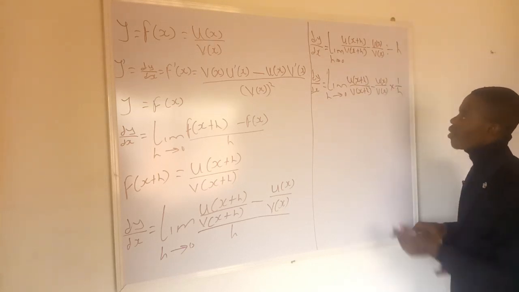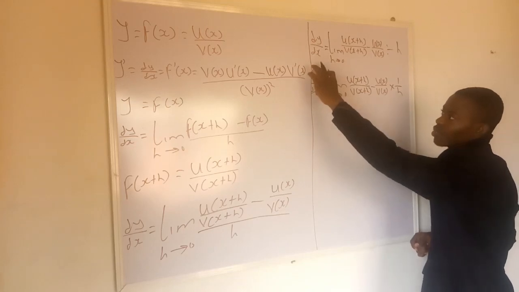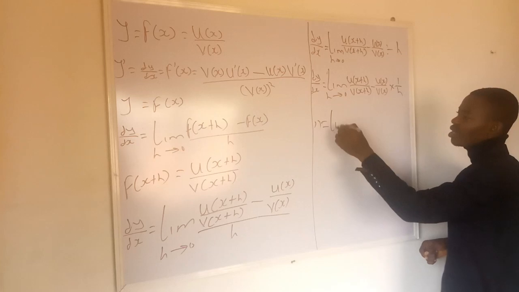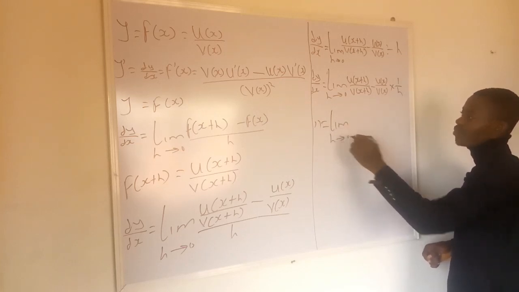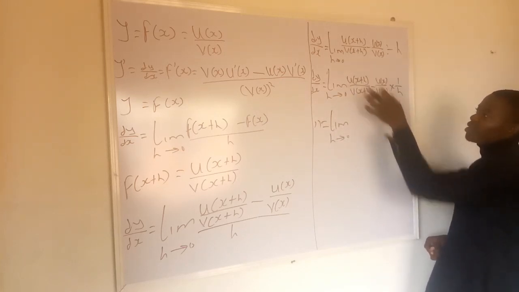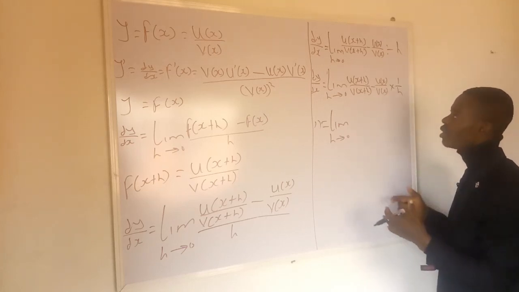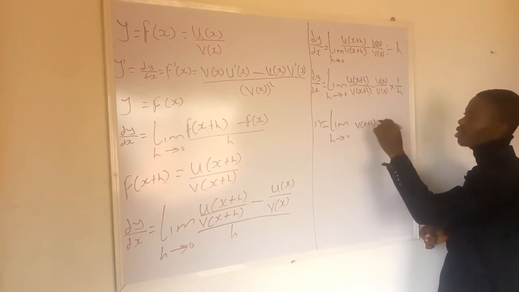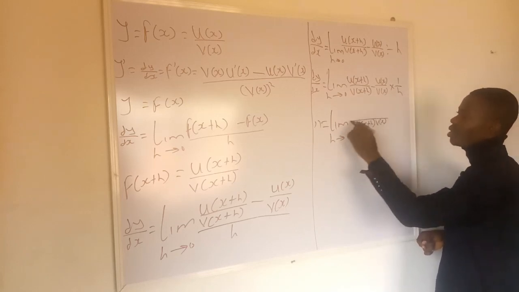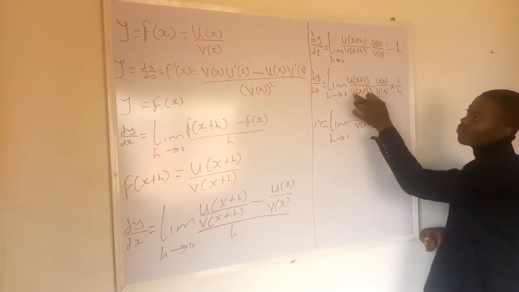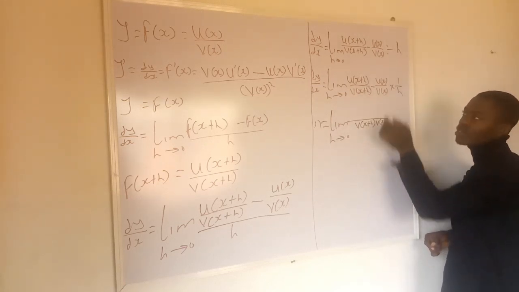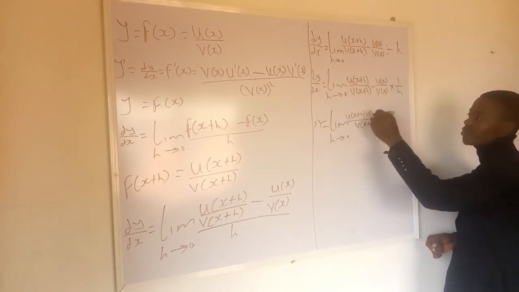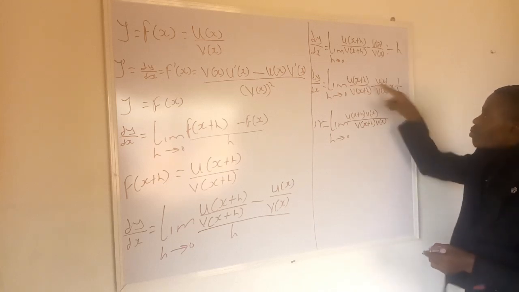Now what I will do next is keep on writing this just like the equal sign. Okay, now that it's the same. Perfect. Now we have the limit as h approaches 0. All right, now I would like to combine these fractions as LCM. Let's combine them. So if v of x plus h times v of x is the LCM, then what will be the corresponding numerator? For this and this, what is left over is this. If we multiply with this, we have u of x plus h times v of x. Perfect. Now the subtraction sign is still there,